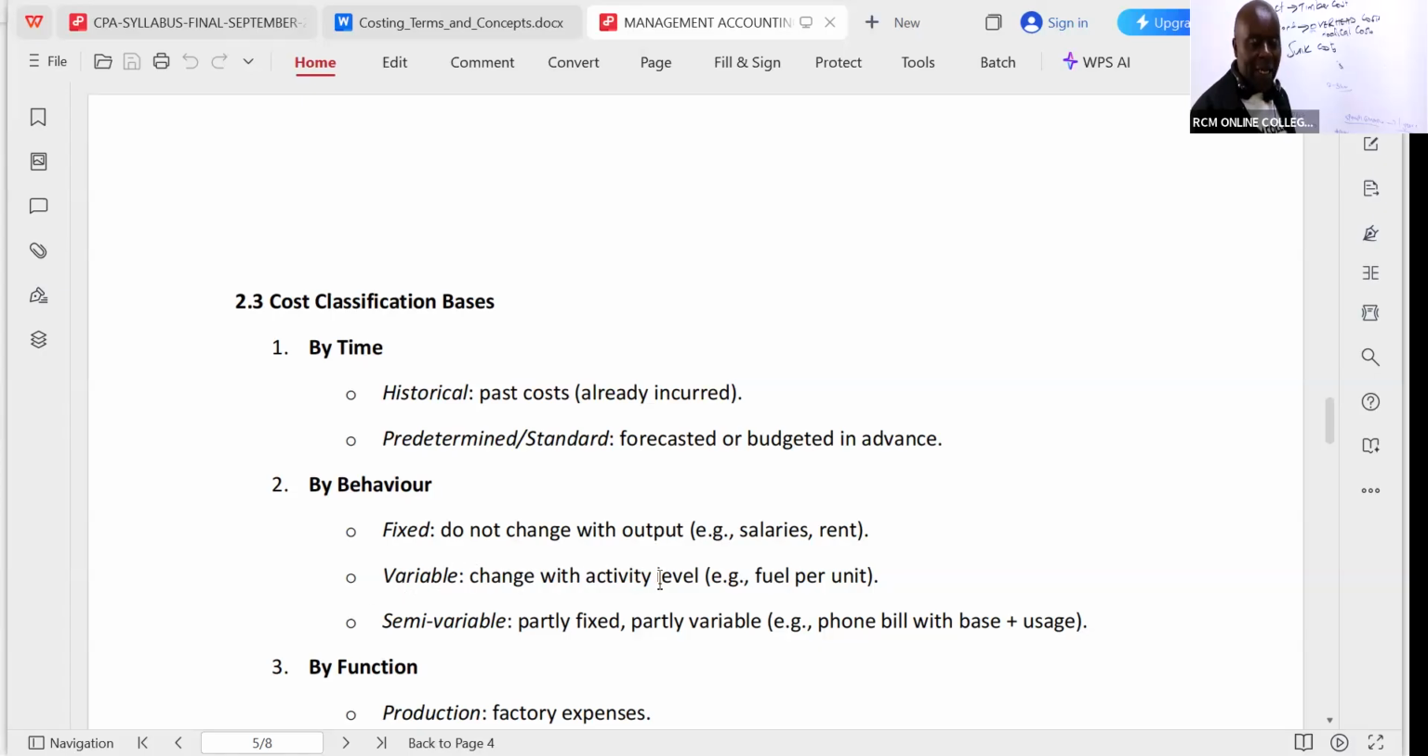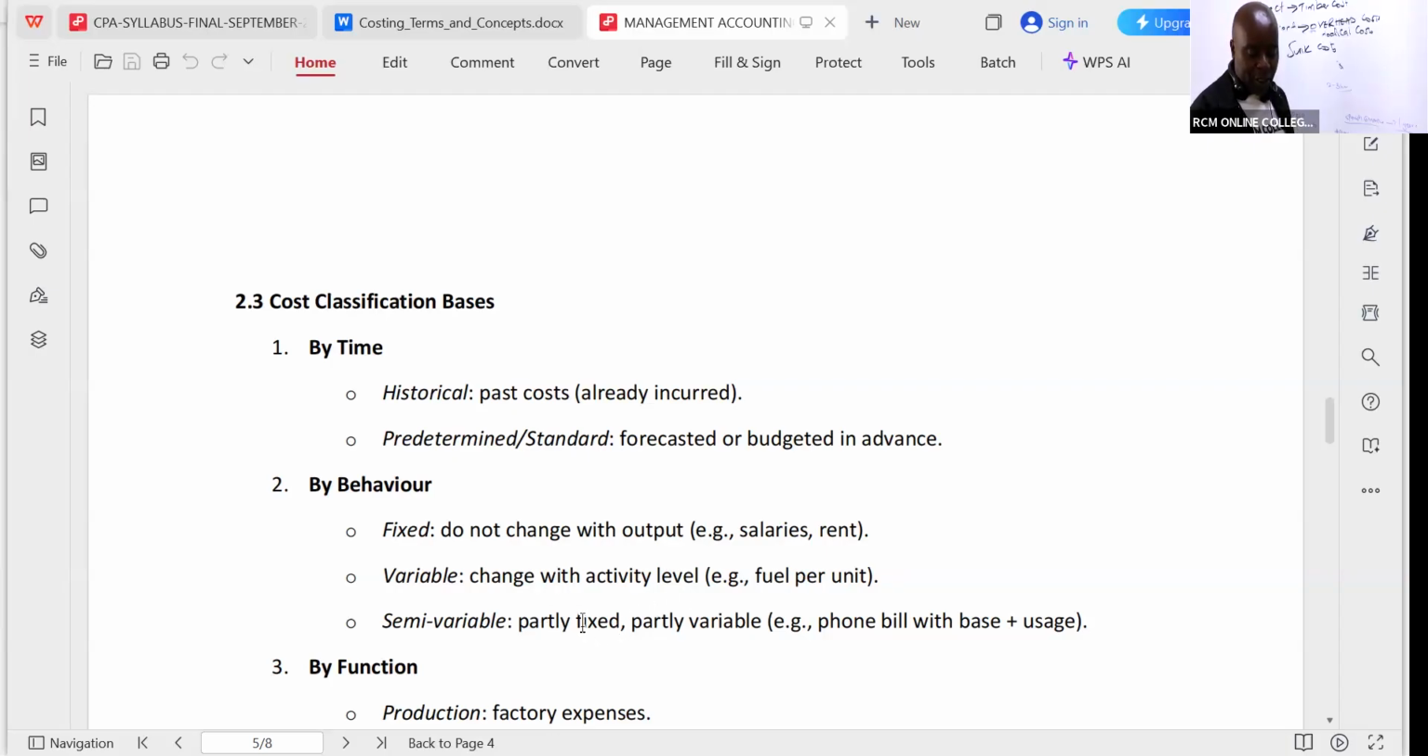Variable costs change with the activity level, e.g. fuel per unit. The more kilometers you do, the more the fuel. Like material cost will be variable. Labor cost, the more you produce, the more laborers you need. Then we have